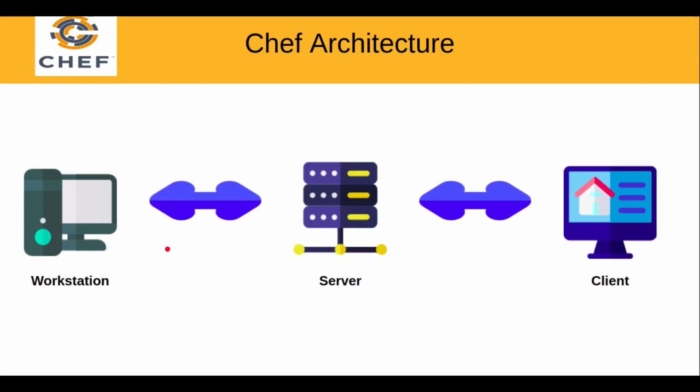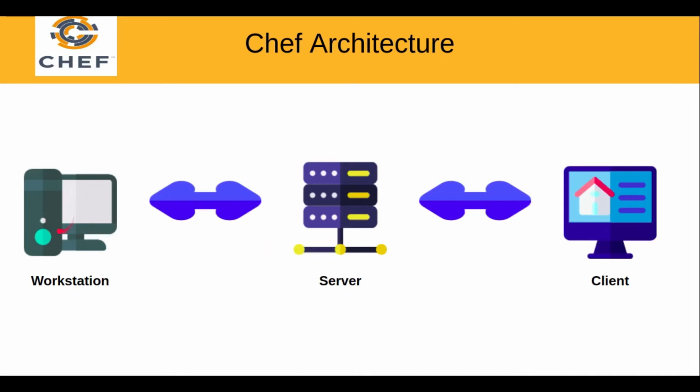So the system administrator cannot go on every computer because there can be more than 100, 200 computers, and doing that would simply waste the time of the system administrator as well as the company. So what the system administrator does is write code by which the clients or other computers in the industry can easily apply the configurations by automation of the code. So Chef provides us a certain architecture which is used for configuration management, and it is as follows.